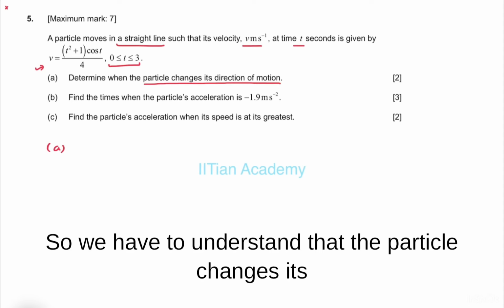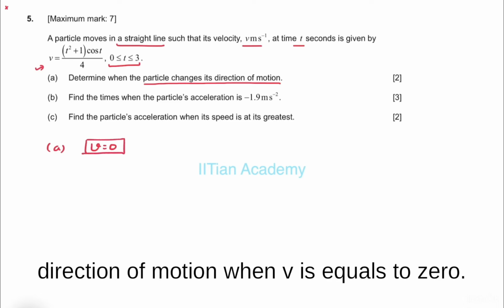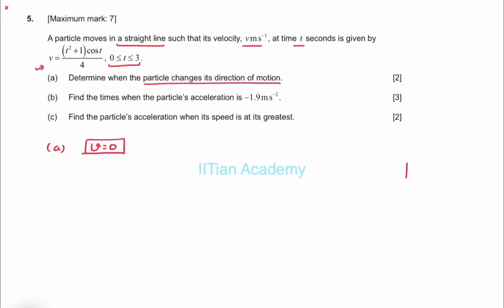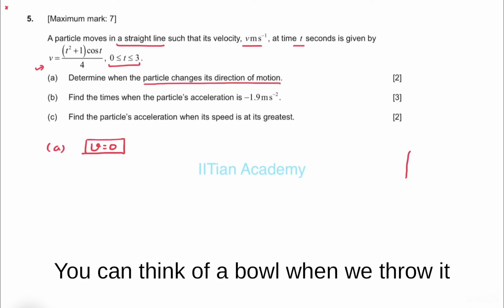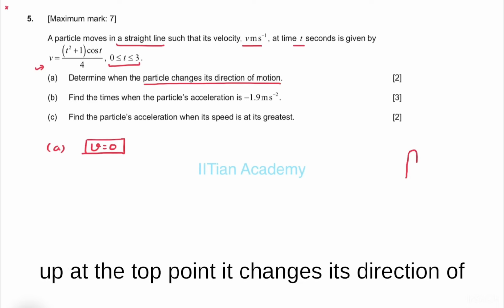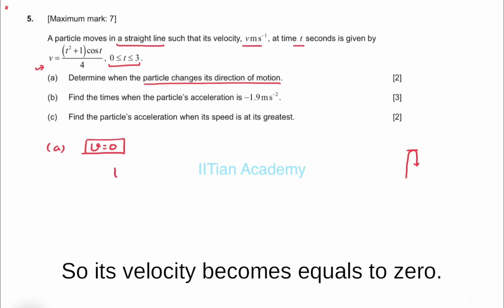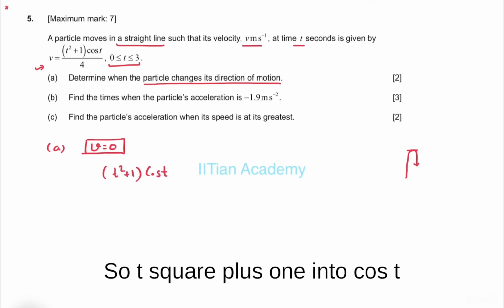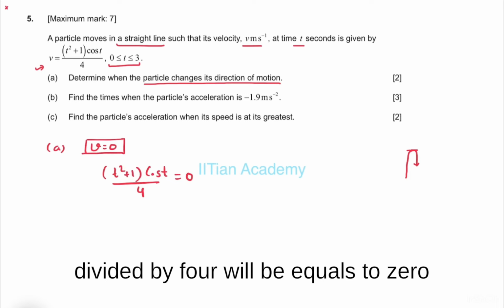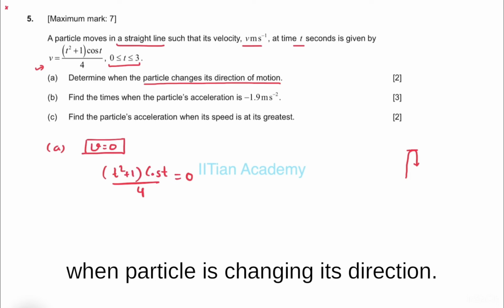So we have to understand that the particle changes its direction of motion when v is equal to 0. You can think of a ball. When we throw it up, at the top point it changes its direction of motion, and at this point it momentarily comes to rest. So its velocity becomes equal to 0. So (t² + 1) cos t / 4 will be equal to 0